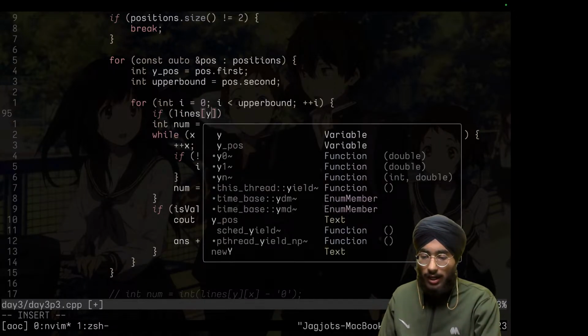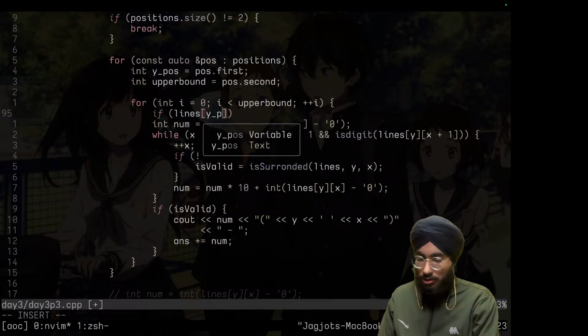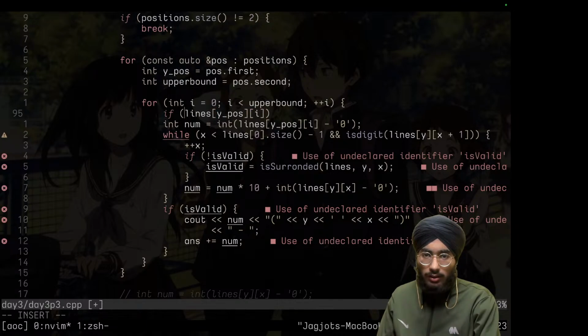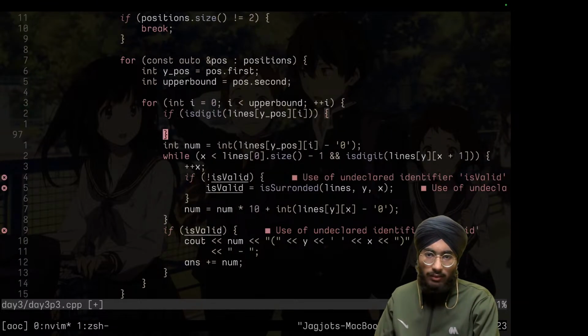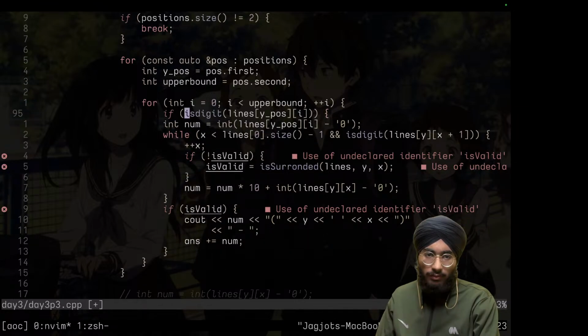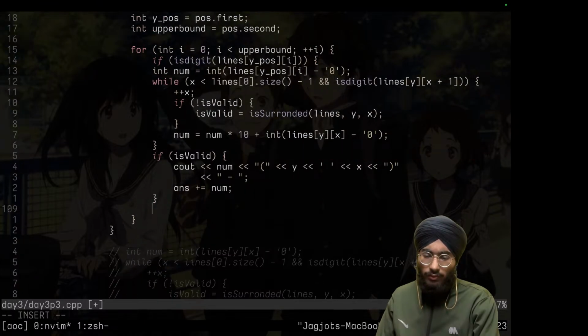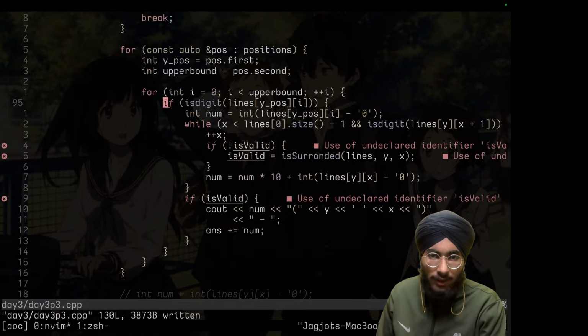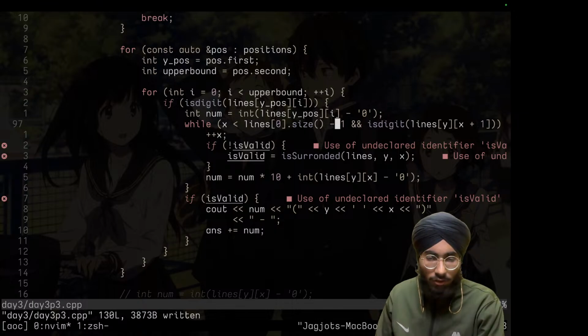If lines y position and I is digit, okay, if it is digit and then num is this, while x, no, not x,